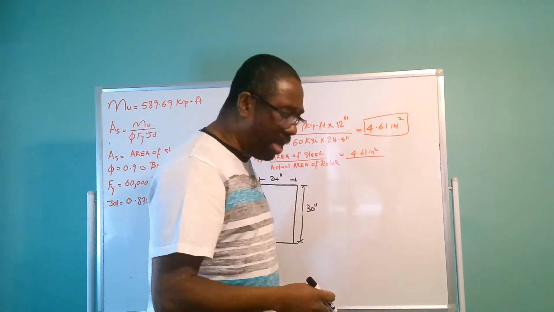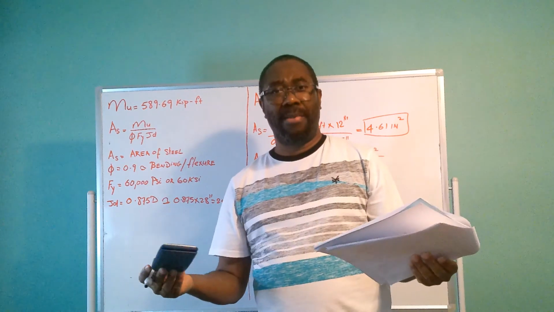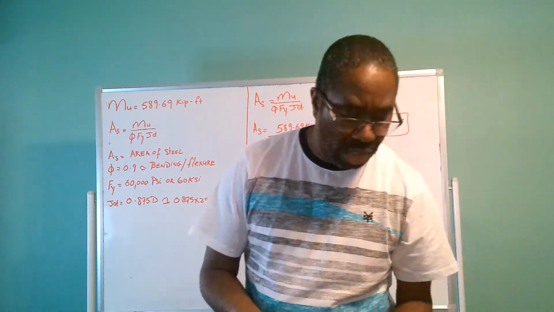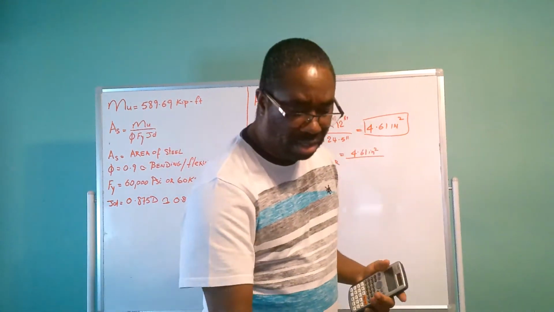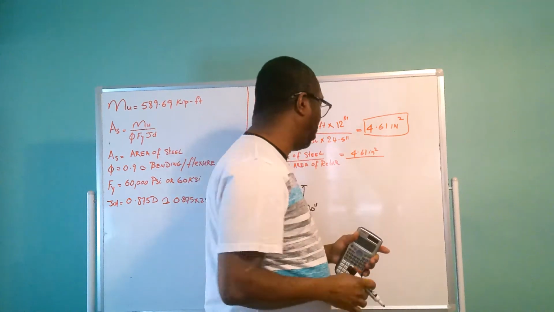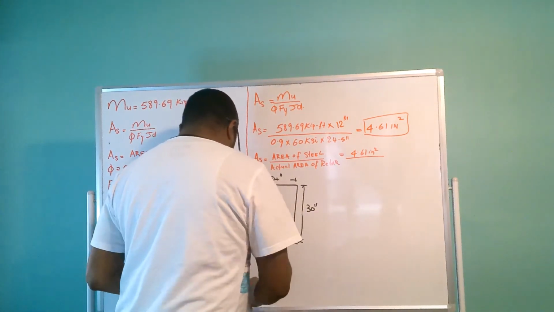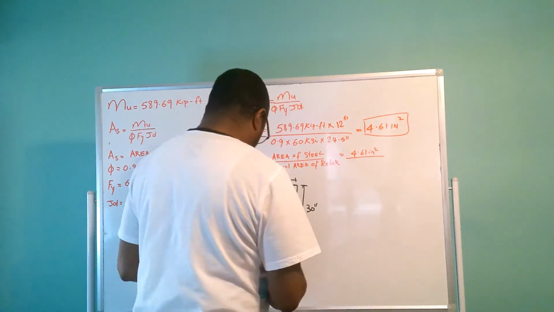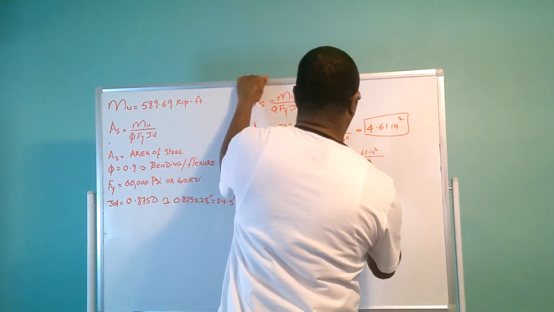So we have to try a bigger steel. If we try, for argument's sake, number 8 steel, and number 8 steel is a 1 inch steel, the area of 1 inch steel is going to be 0.79 inch square. So if we divide this 4.61 inch square by 0.79 inch square,